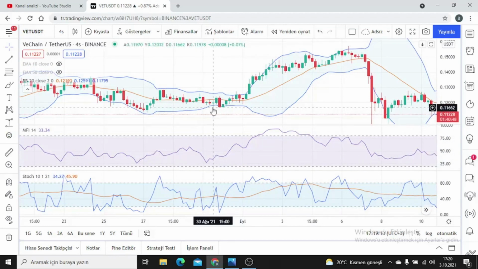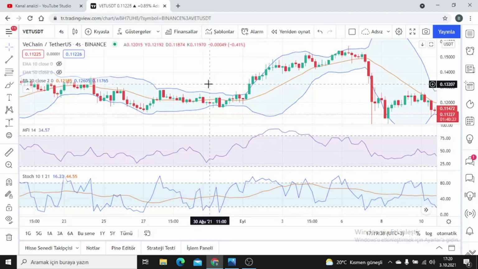When we look at it, friends, it touches here, producing a buy signal here. Again, they are producing a buy signal here, friends. Here comes the green candle, followed by a single sell, and a reaction from the middle band of the Bollinger Band, because there is a horizontal market here. Here comes a red candle. Then stochastic generates a buy signal again. Why was stochastic giving a buy signal?